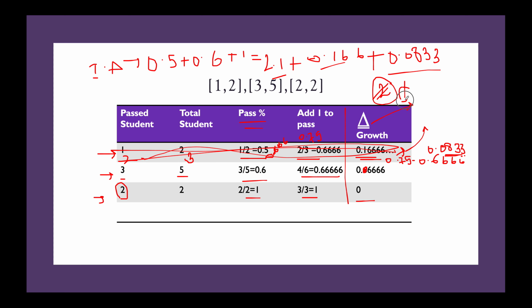The extra student set is exhausted, it becomes 0, the process aborts, and now what we need to do is calculate the average of this total sum.